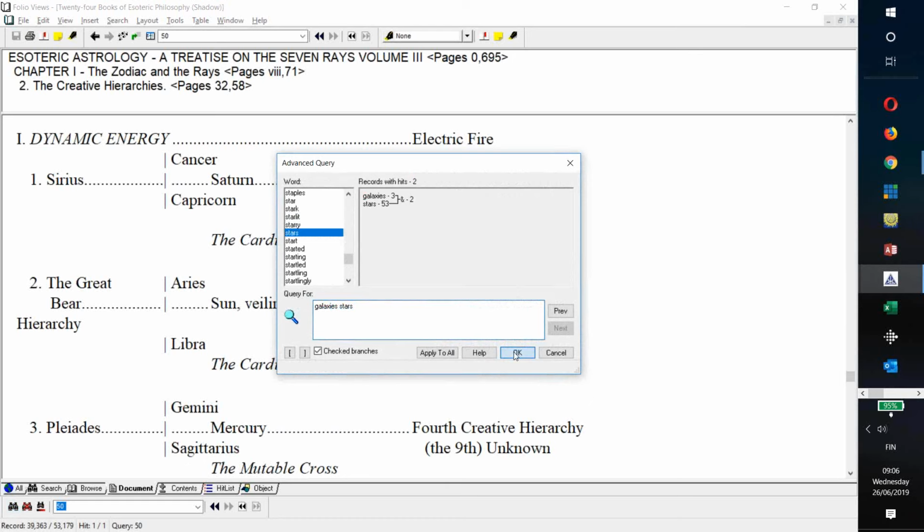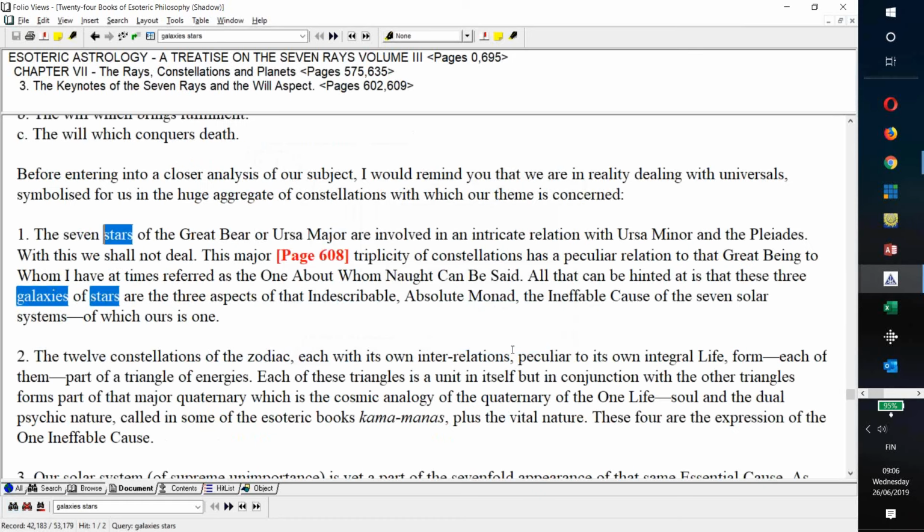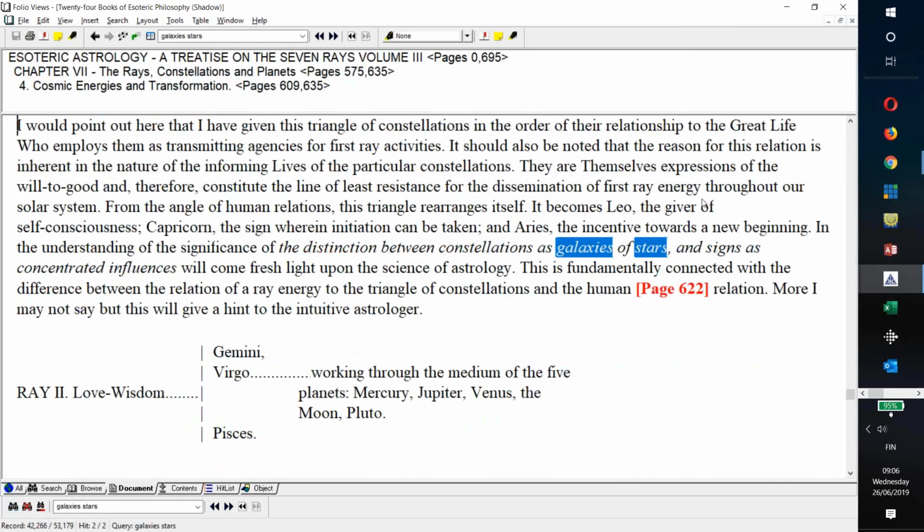Comes late in the book on page 611 or something like that. And here it is. Page whatever. 621. In the understanding of the distinction